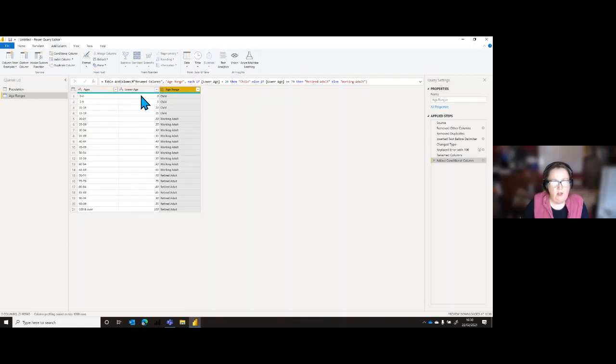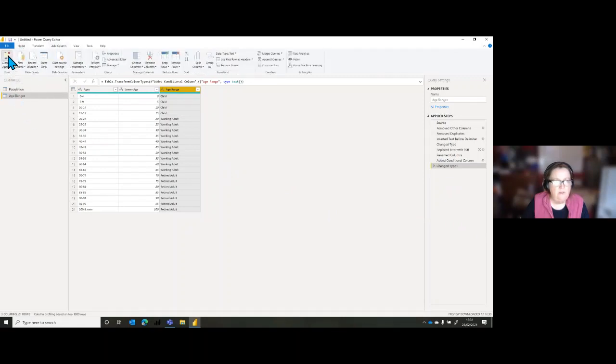And last thing, before we press apply and load, make sure that all of your columns have a data type. ABC123 is a variant data type, so that's a bad one to have. Get rid of those ones. So that one's going to be text. Don't make Power BI have to guess the data types. So I'm happy with all that. Let's go back to the home ribbon and close and apply.